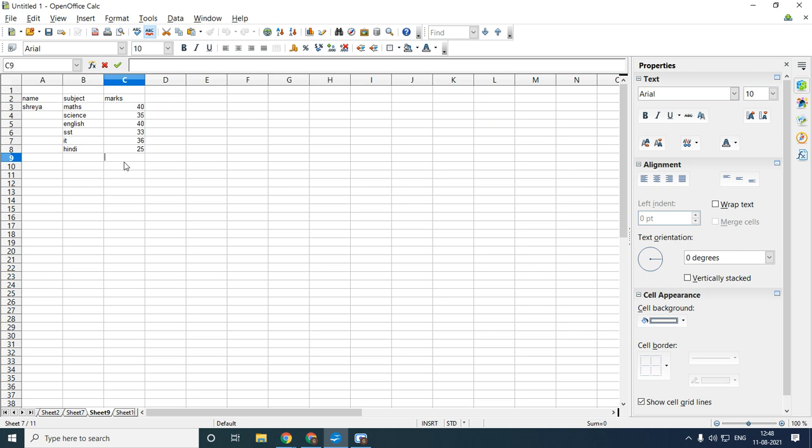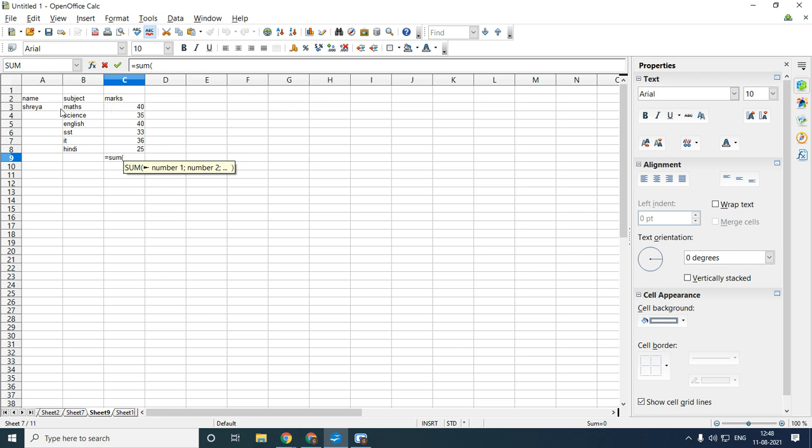Sum. Yes, instead of using AutoSum, if I want to write it with a formula, how to write? From 1st to 9th standard, you have done that. 40 plus 35. Yes, either you can add all the values, or with the help of cell reference, if I want to write directly, we can use equals SUM in brackets.